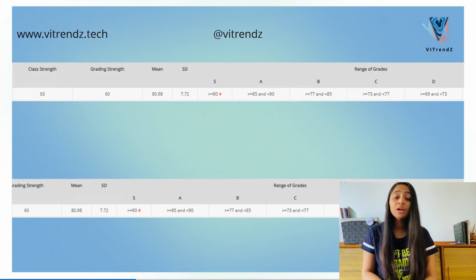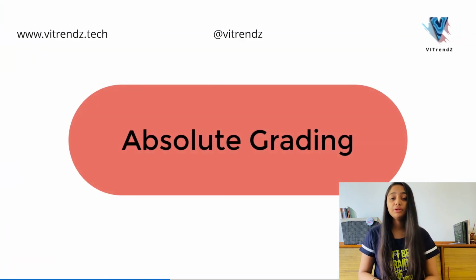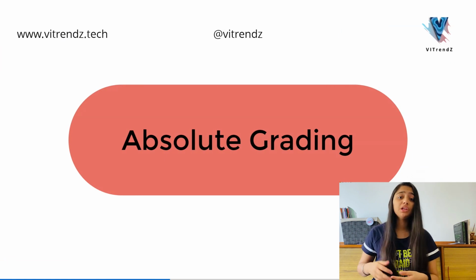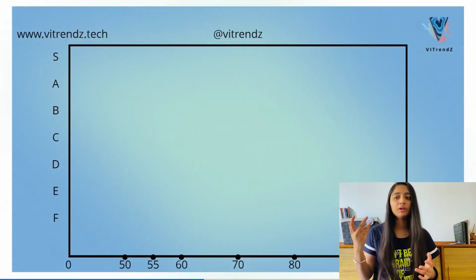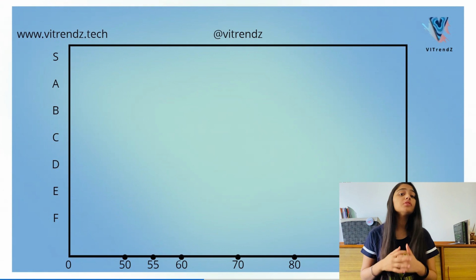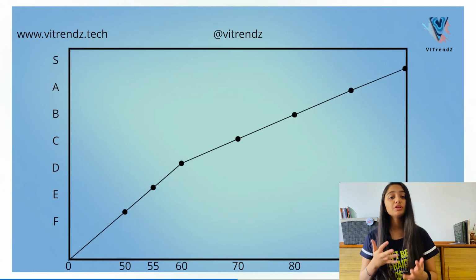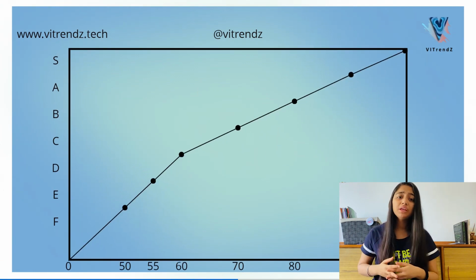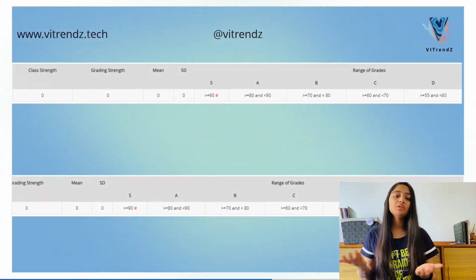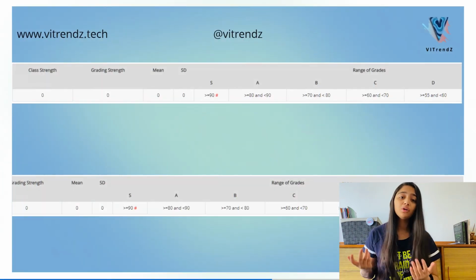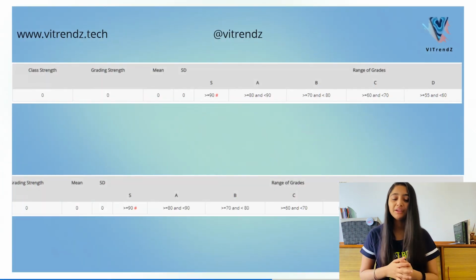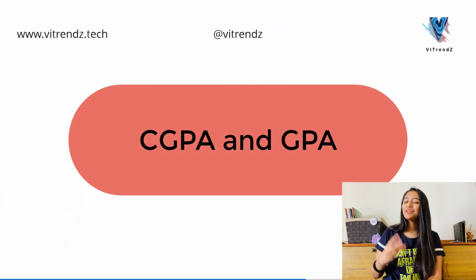Do all subjects have relative grading? No, they don't. English and soft skills are two subjects which don't have relative grading, and all types of English, technical, fundamental, fundamental 1, everything that you can think of, all the English has absolute grading. What is absolute grading? Your marks are fixed on the basis of your score and they don't depend on your class. Simple as that.